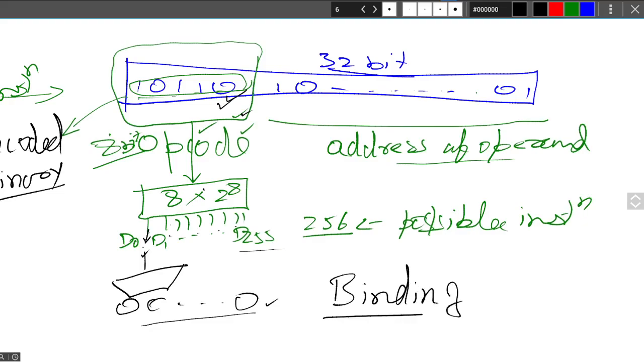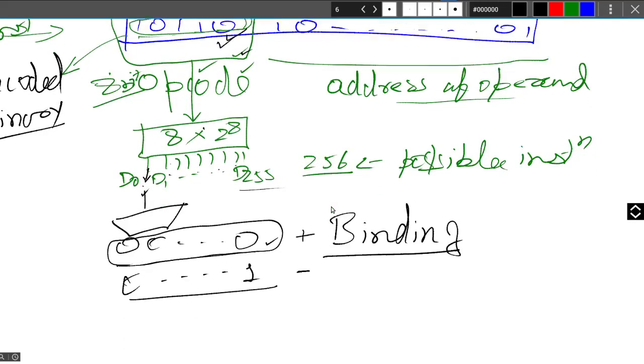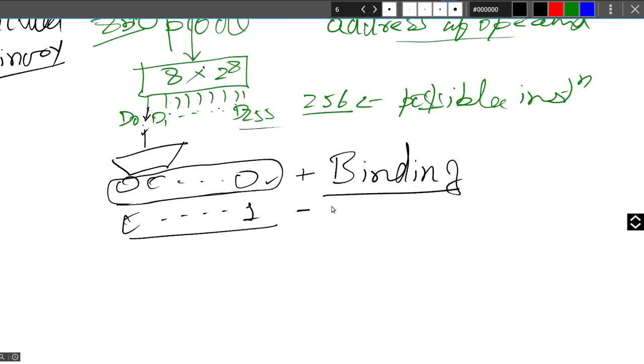This binding is basically the learning process of this particular processor. We are teaching the processor that whenever the opcode is this, you have to perform this particular operation. If the sequence is this, then you have to perform that particular operation. So this will be called binding.